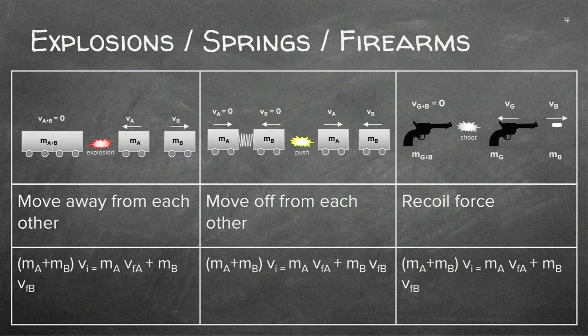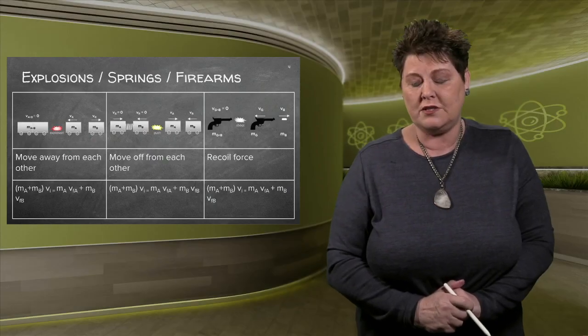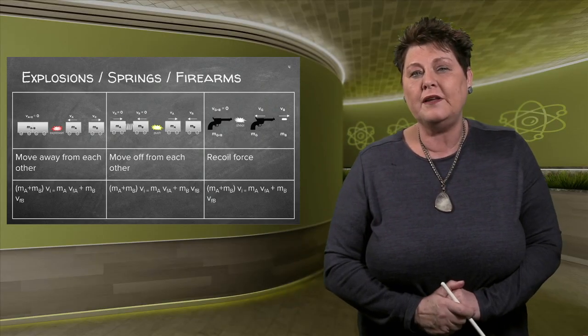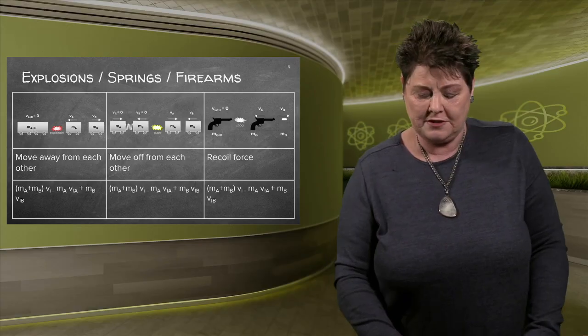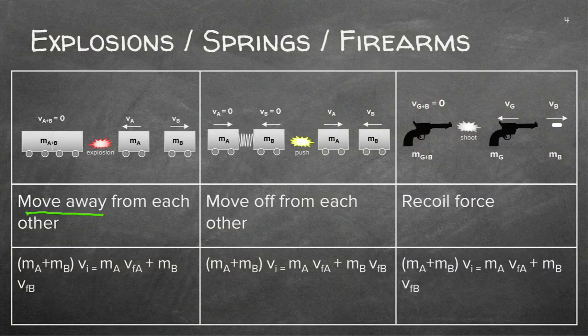In this section, we're going to have a look at explosions, and both of these will be explosion experiments. You're going to have them move away. Do you see the two directions? Or move towards. Can you see the directions? I'm going to say it again. You choose the initial direction as positive, which means the opposite will be negative.